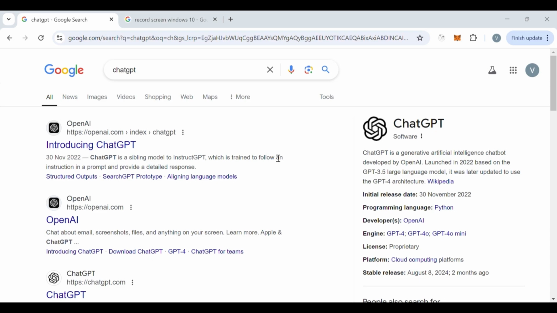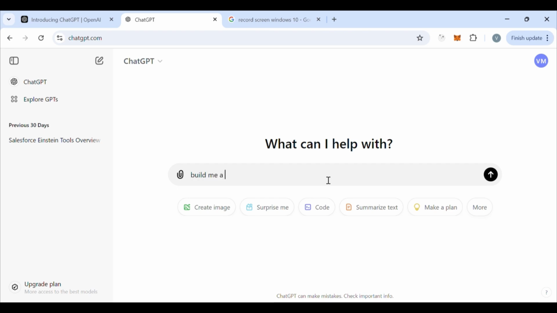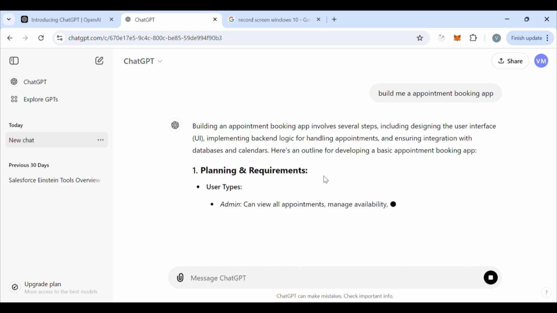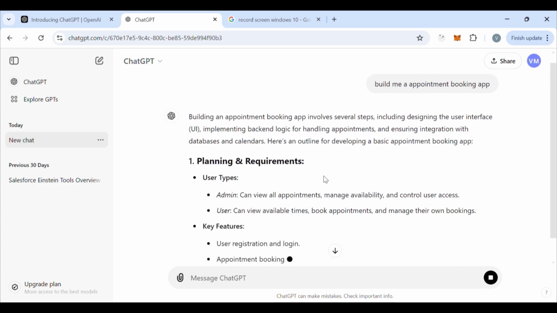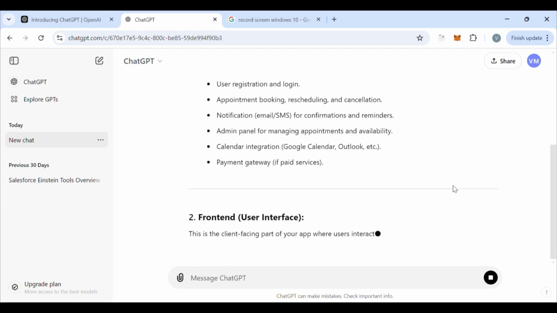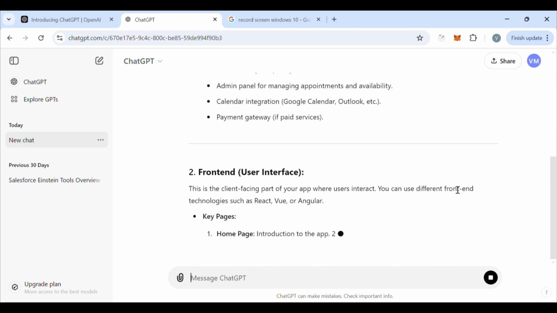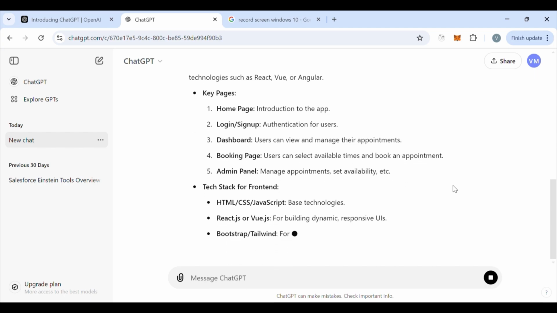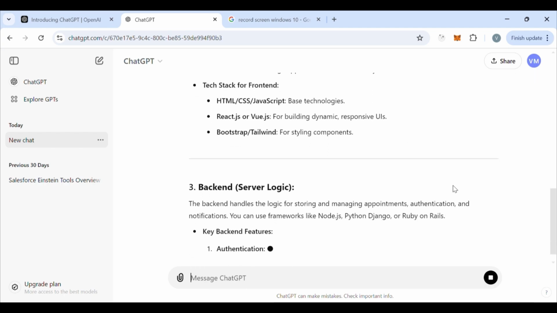So we are starting with ChatGPT, OpenAI. I'll open my account, and the first thing we are going to say is, build me an appointment booking app. ChatGPT starts off by architecting our application with plans and requirements, types of user and admin. I'm not going to focus on the admin part, but it also gives us requirements for the front end and a list of pages on the back end, and server logic,